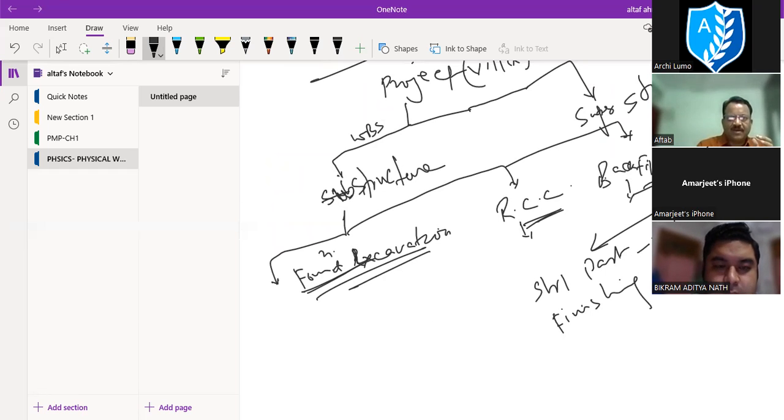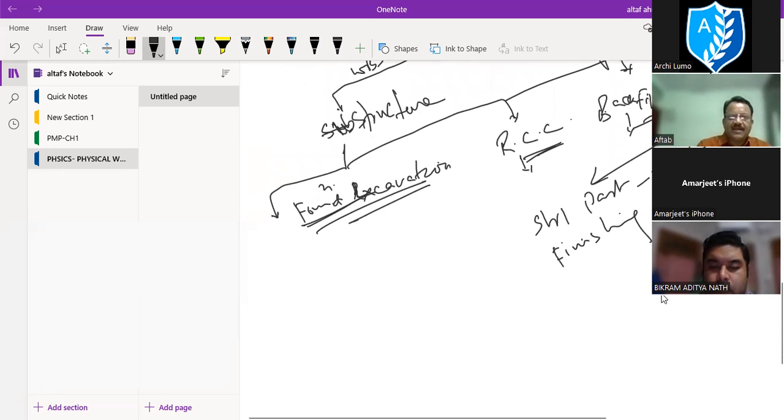Sir, can we divide the superstructure part as civil and interior? Let me explain. A structural part, the structure of the villa, and under finishing come MEP, interior, whatever it may be. Okay, understood. And yes, the external work